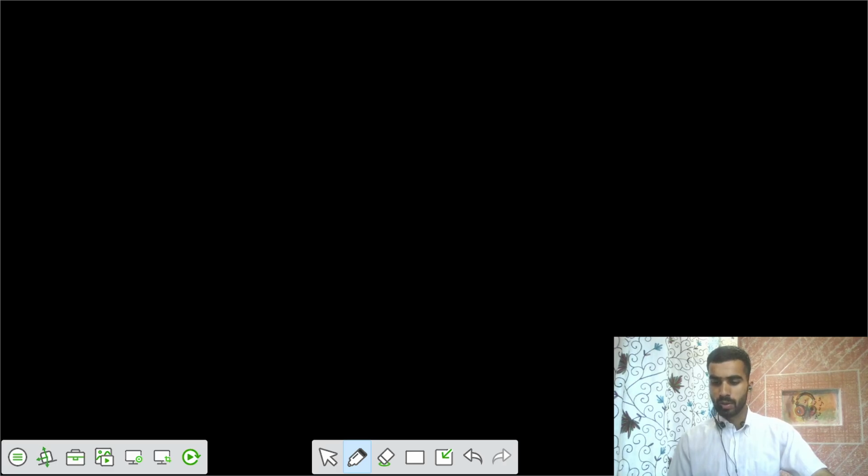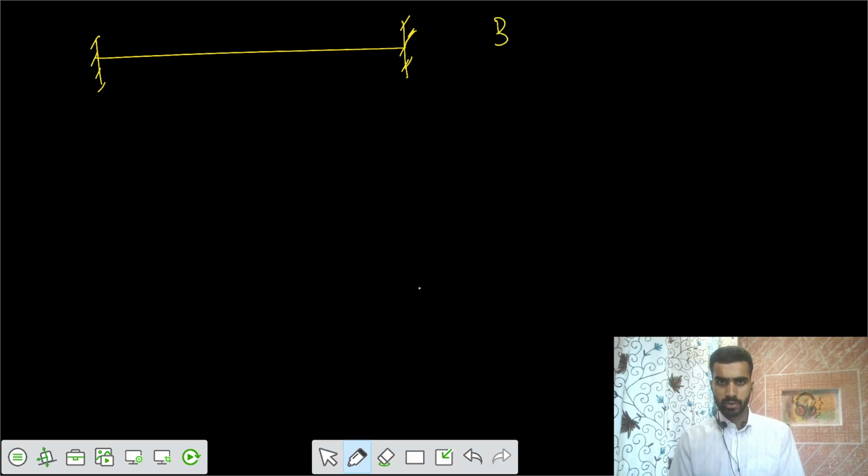Today's lecture is about the problems that we have related with the torsion of those shafts. So let's have those shafts. The first one is that you have one. You can say this is some beam, or we can say this is some shaft, beam or a shaft. Then after that you have one sort of